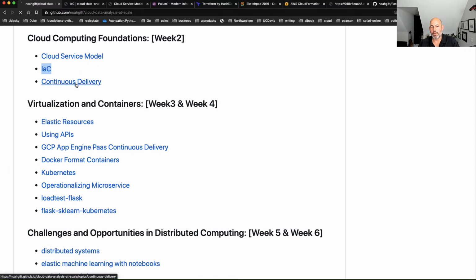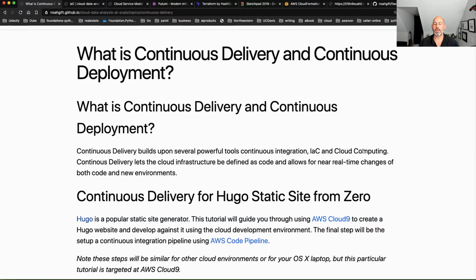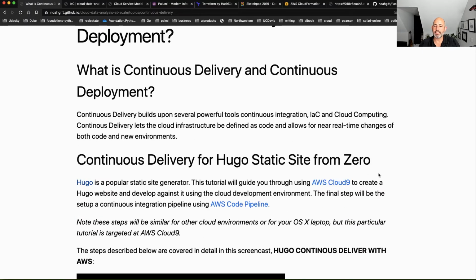Now, another thing to be aware of is this concept of continuous delivery. And this one is, I think, worth getting into today, which is building on the continuous integration stuff that we did before. So what is it? Why do I care about it? Well, the core concept here is that you can build software in real time, so that every time you make a change to source control, you're able to go through and build and deploy the changes.